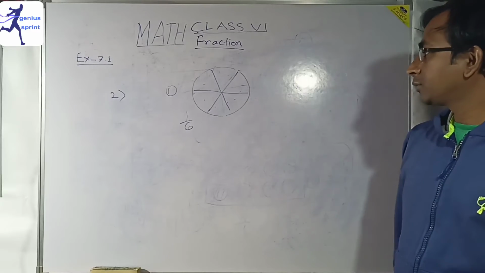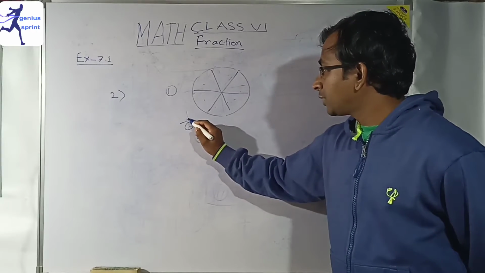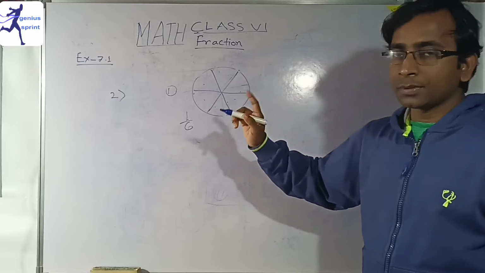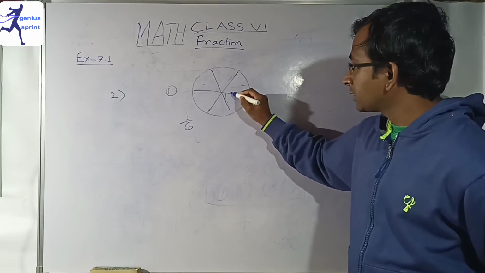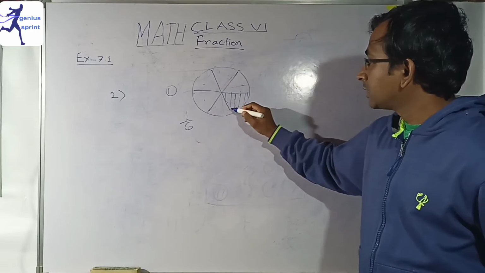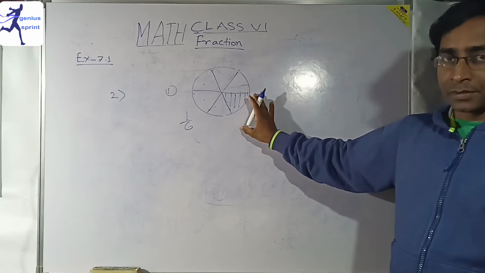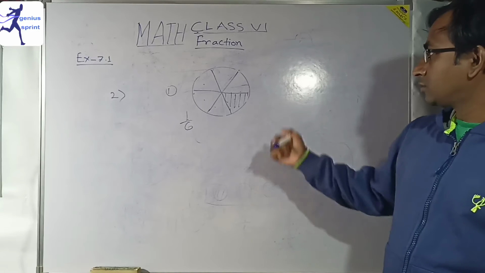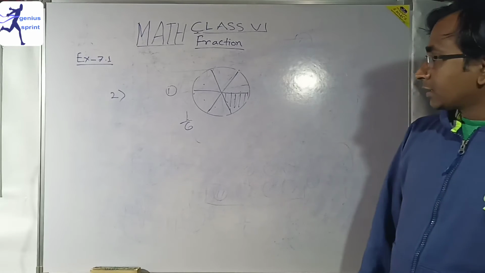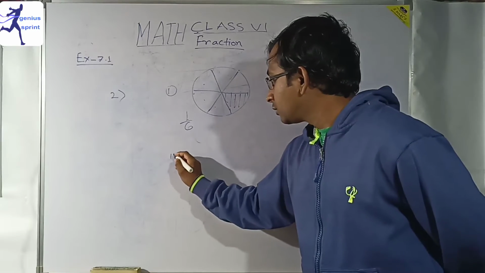Yes, it is very clear to you. And here the numerator is 1. So we have to color only one part of it. Suppose it may be this section. Okay, so this I have colored. So according to this question, it is this colored area. Okay, so they asked for doing these types of things. Okay, so next number 2